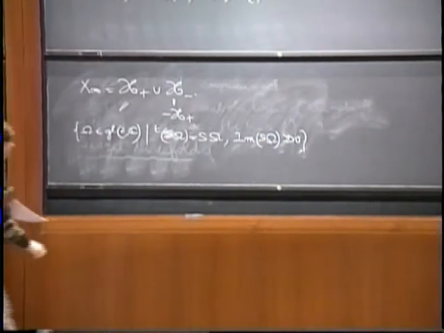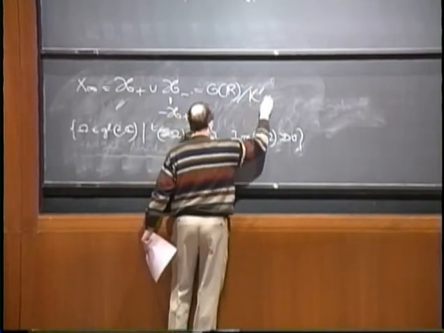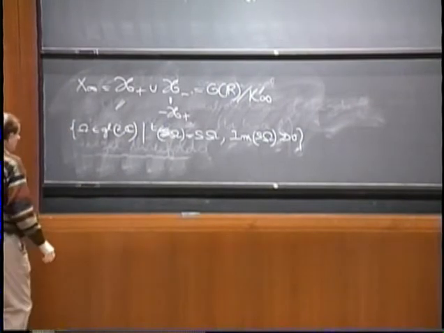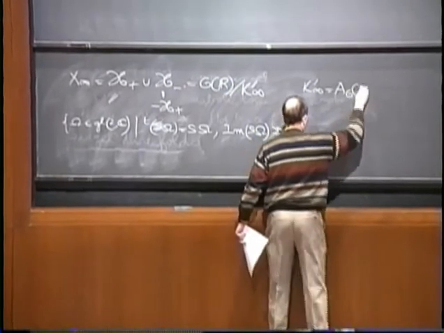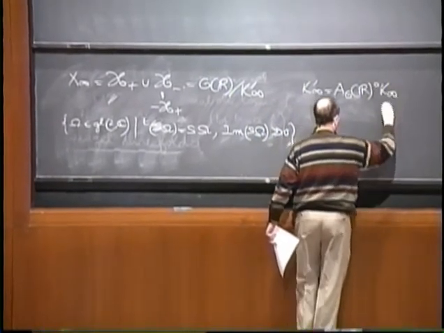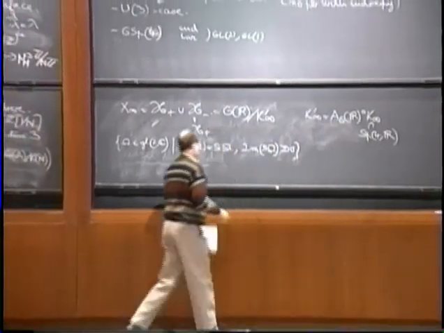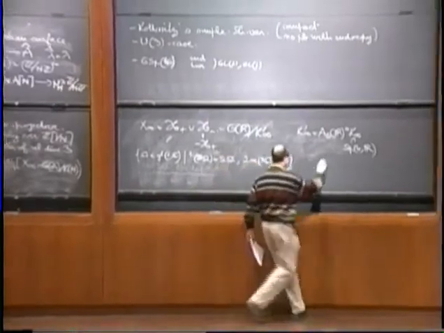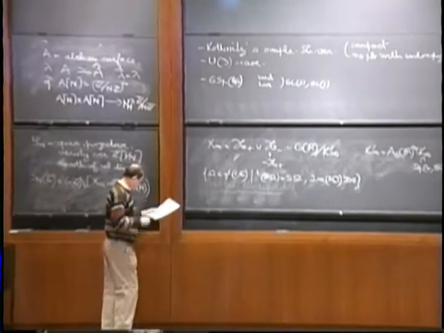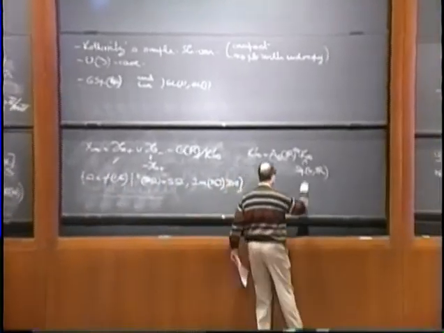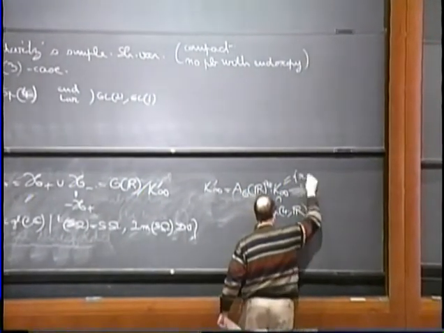And in terms of group theory, this is the quotient of G(R) by K'_infinity, where K'_infinity is essentially a maximal compact subgroup of Sp4. So you take, for this part, a set of matrices in G(R) such that